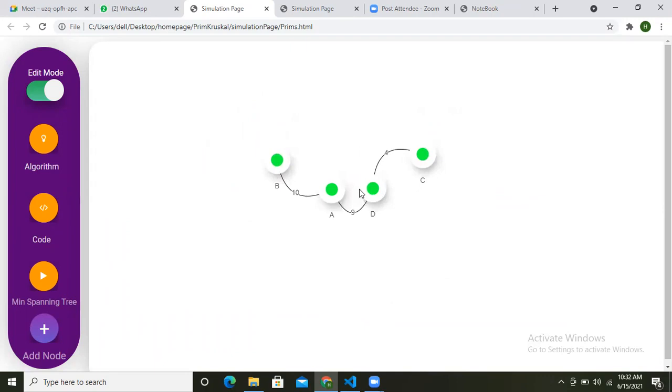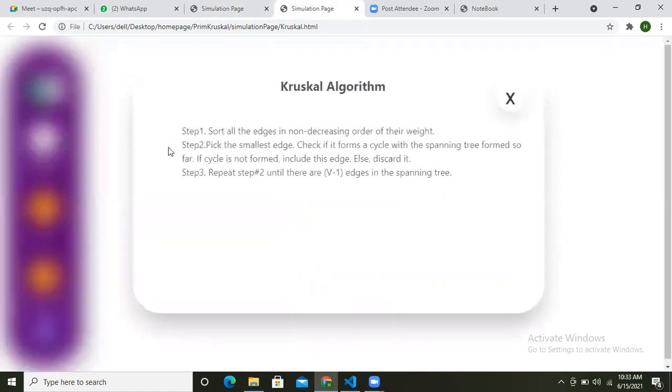Now let me take you to the Kruskal algorithm. This is the page for the Kruskal algorithm. The page is very similar, and the algorithm working is different over here. The Kruskal